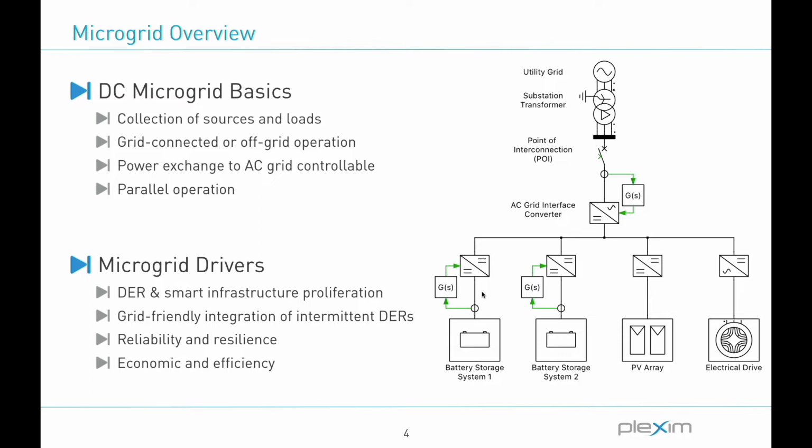Regarding economics and also efficiency, there are some advantages of a DC microgrid compared to an AC system. For example, here, several loads and also sources are, by nature, based on DC technology. So for example, here the PV production can be interfaced with just a DC-DC converter to our DC link, and here for a variable speed drive,